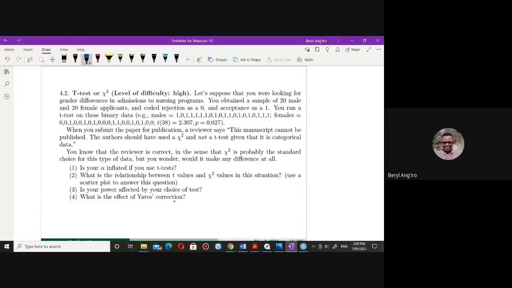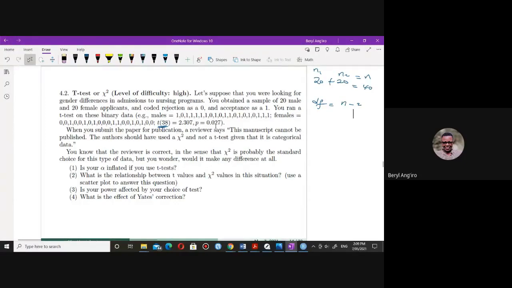Then when you run the t-test, you get t at 38 degrees of freedom, because n1 is 20 and n2 is 20, so n is 40. So the degrees of freedom is n minus 2, or n1 plus n2 minus 2. So we have 38 degrees of freedom,